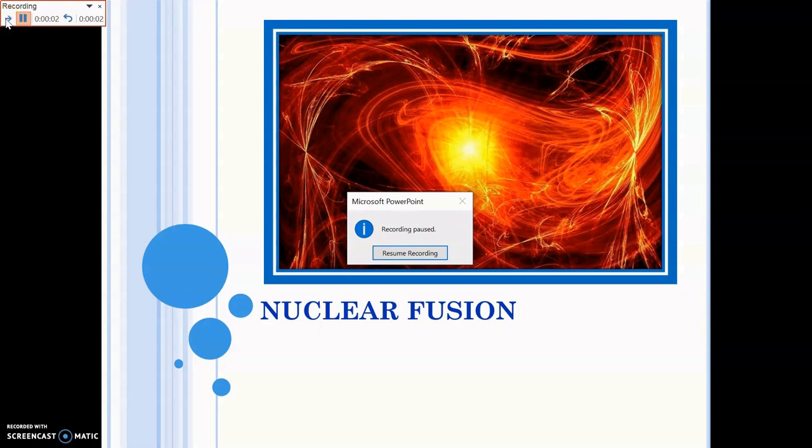You can use this arrow button here or the arrow button on the keyboard to go to the next slide or next action and then explain the slides in your own voice. Now I am going to press this resume recording button and start the recording. I'll show you just a presentation, like I will explain these slides in my own words and let's see how it works.